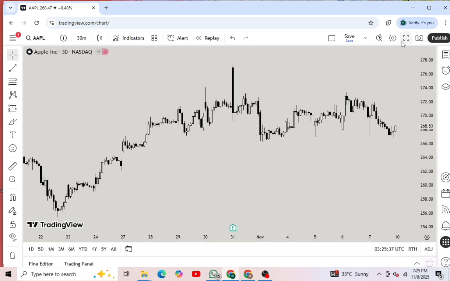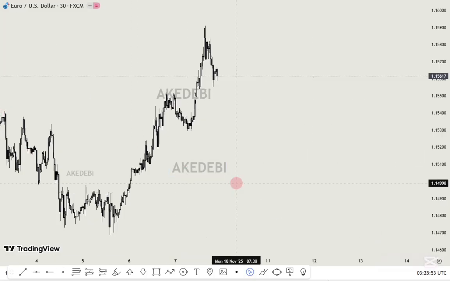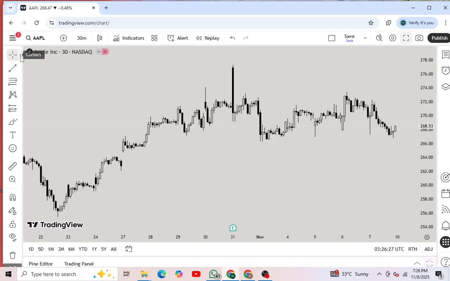So what else? Once you come to a full screen like this, you can see the toolbars are not connected. Let me show you an example of what I'm talking about. These are the bars I'm talking about, for technical analysis. The technical tools are not available. What you do here is